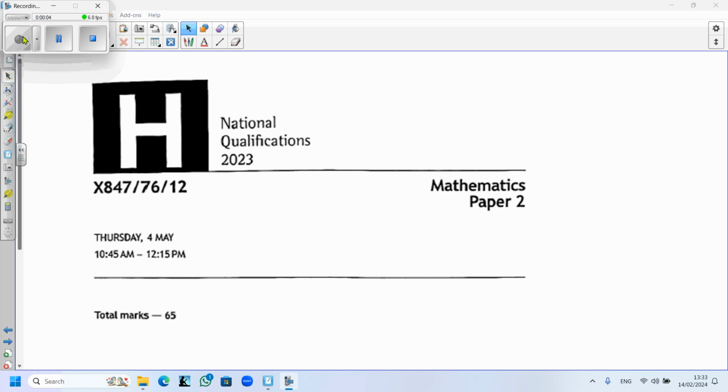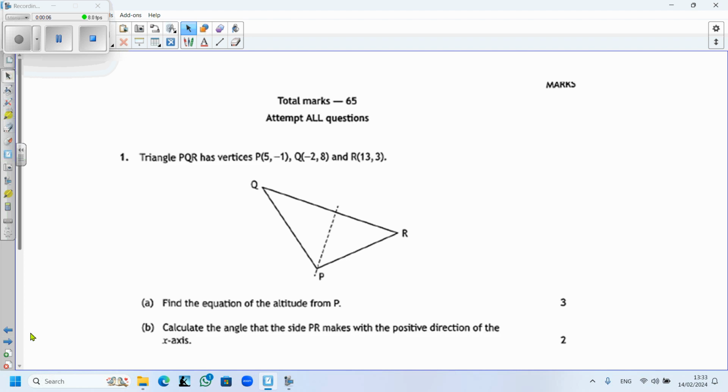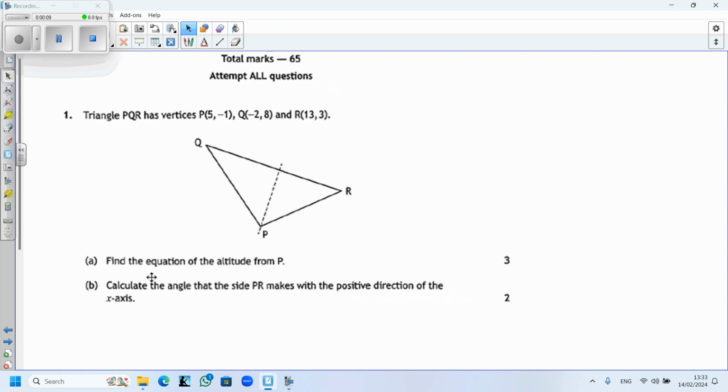2023 paper 2. Question number 1, it says we've got a triangle PQR and we want to find the equation of the altitude